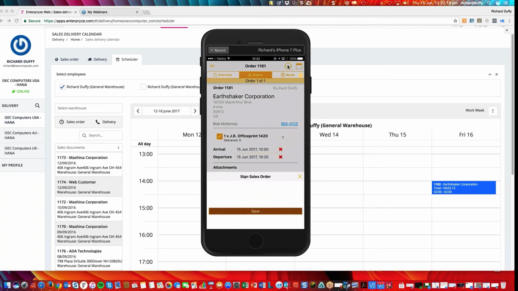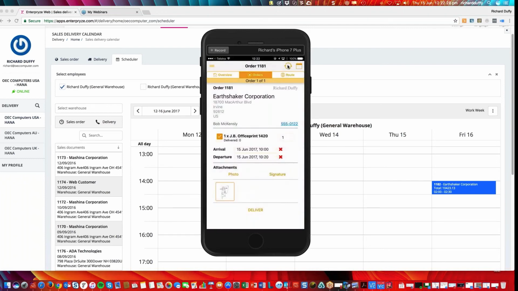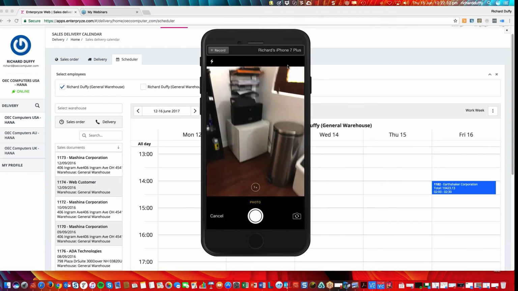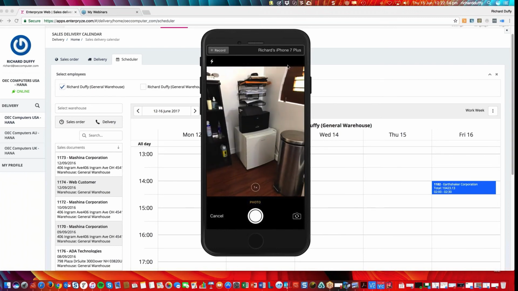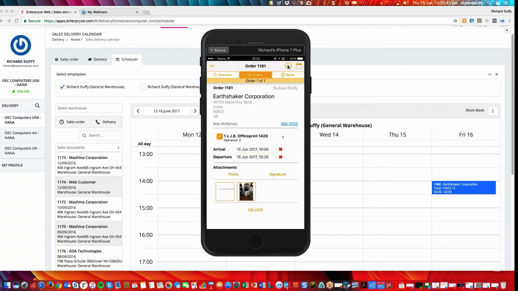But effectively now, all I do is I go in here, I ask the customer, you can't see me turning the device on its side, but I ask the customer to sign for the delivery. Maybe I then also want to take a photo showing that I actually made the delivery. So there's my little refrigerator and speaker over in the corner of the room. Take a photo. Yep, I've made the delivery. I'm going to use that photo. And that's it. I hit the deliver button. And so the system automatically pushes through into SAP Business One that sales order